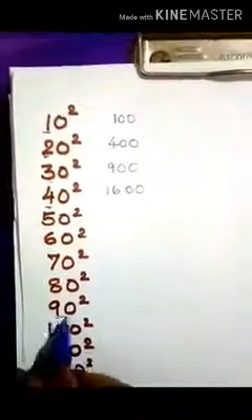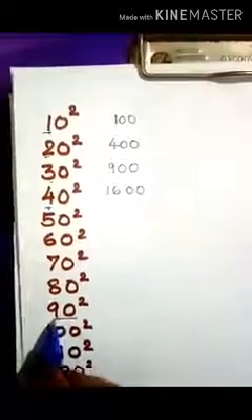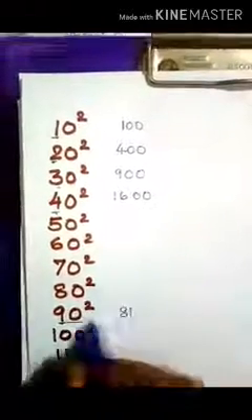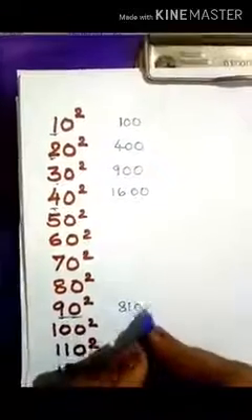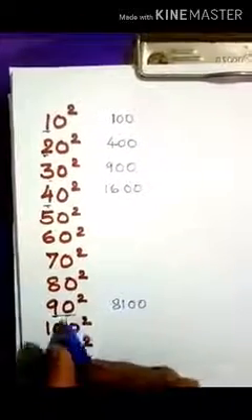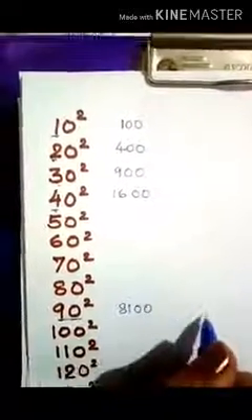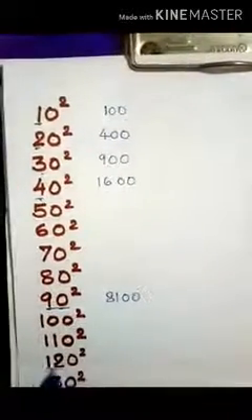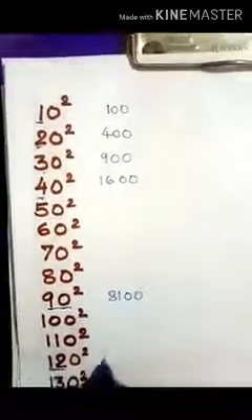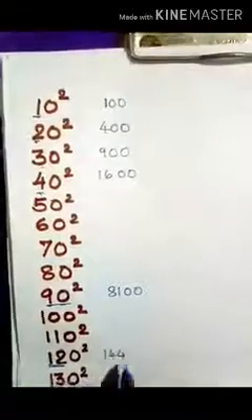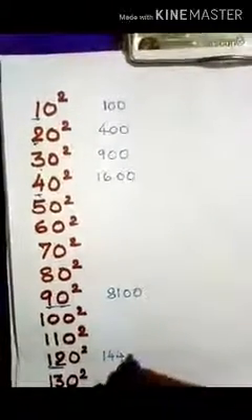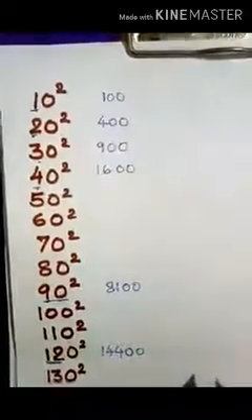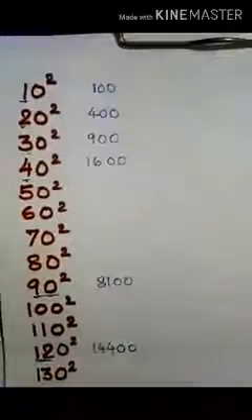Like, let's see this one. You know the square of 9. 9 9s are 81. 9 square is 81, and each 0 you'll put it as 2. If there are 2 zeros, they'll become 4 on squaring. This I explained earlier also. See this. What is the square of 12? 144. So square of 120? 14400. So this is how you have to find the value, and please complete this table in your notebook.